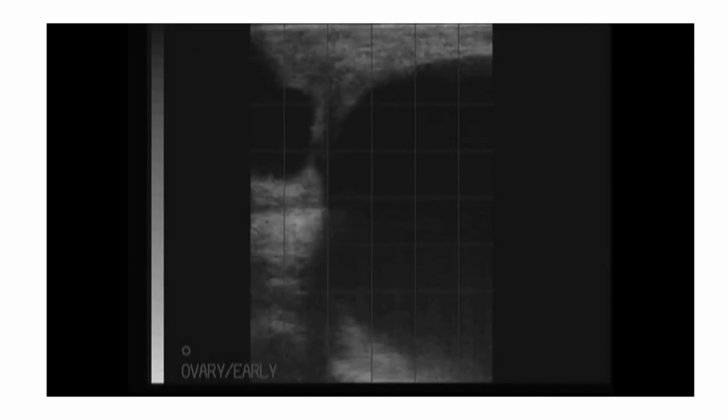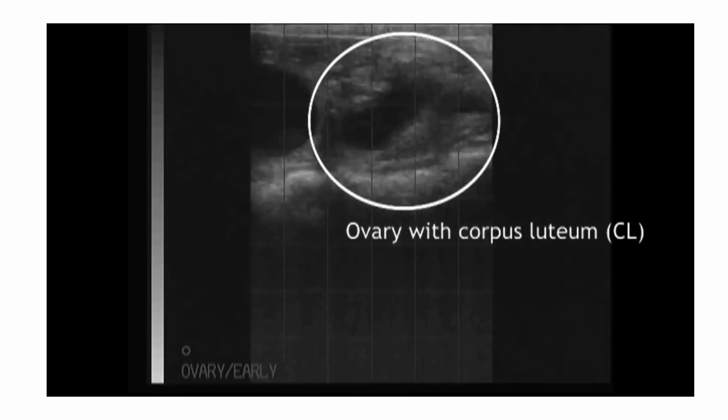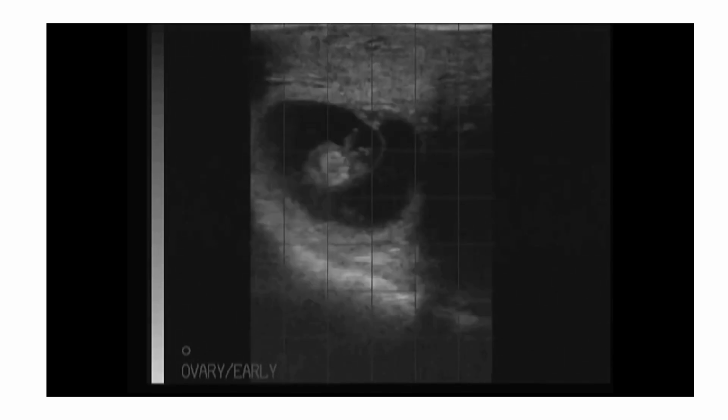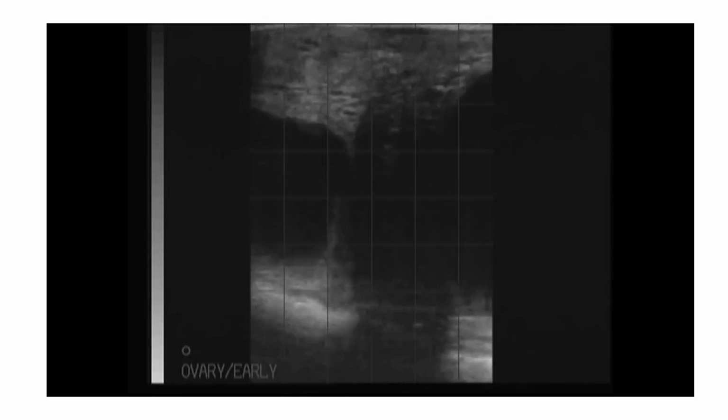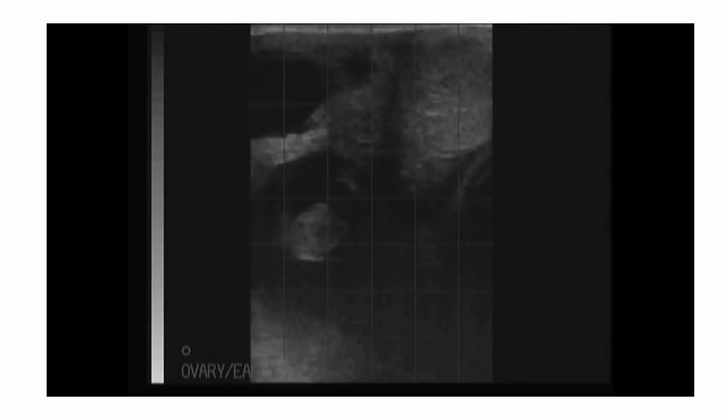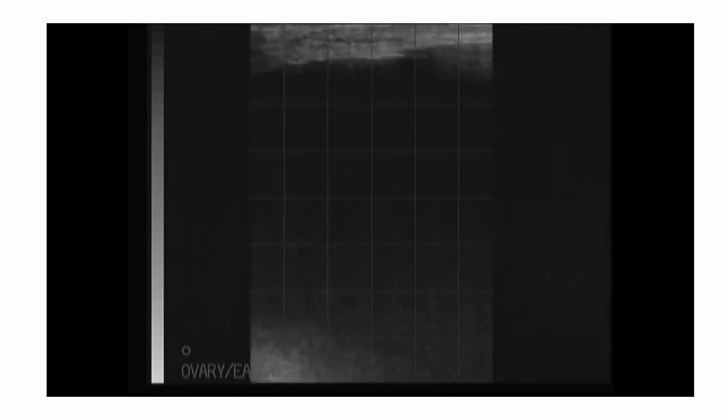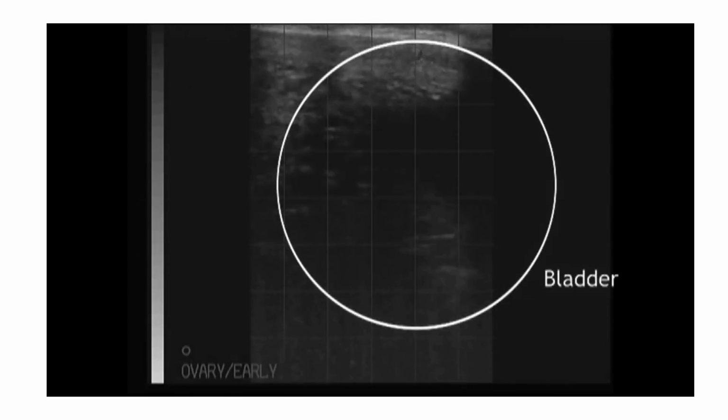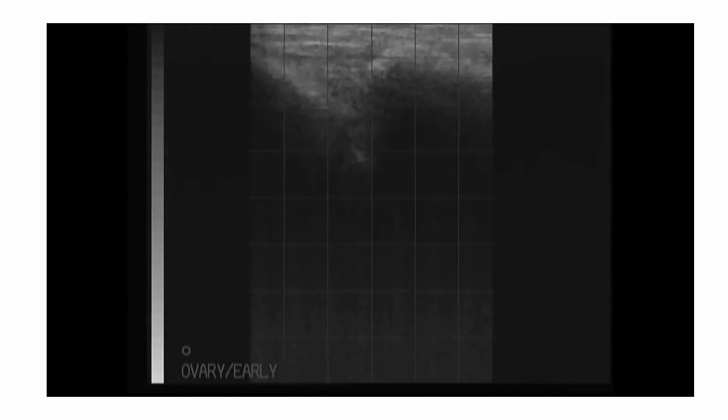At this stage, the other ovary comes into view with the presence of a corpus luteum, which is a gray, homogeneous, smooth-appearing structure on the screen just now. We will then continue back down towards the bladder, which is now on the screen, and back up to evaluate